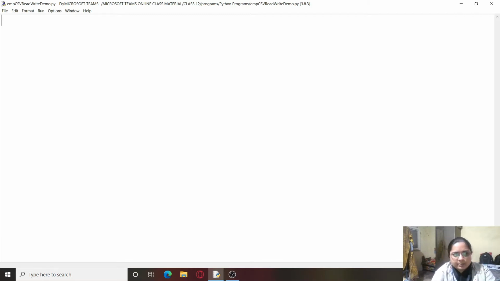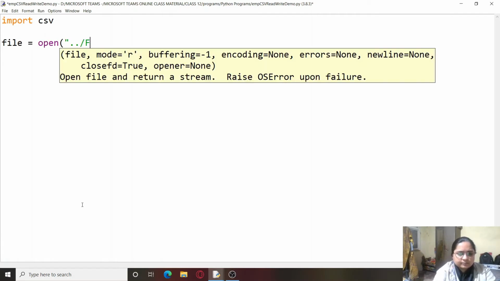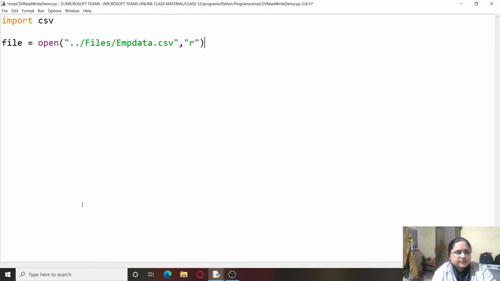and here I'm going to create the CSV file to perform read as well as write operations. Now for performing a read operation, as I already explained, we have to first import the csv module, and now we will write file open. We'll simply write emp_data.csv, and we will give a read mode to it, because first we will open the file in read mode, perform the read operation and then perform the write operation.